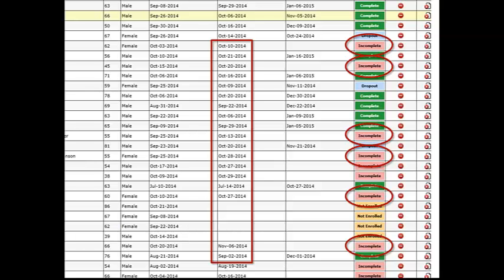And then what I do is I go to the start date. And I look, and our program is usually 3 months long. So I would mentally add 3 months to the start date. And if I feel that, you know, that 3-month threshold has been passed, I would then go in and say, well, did we forget to mark this record as complete or did not complete?